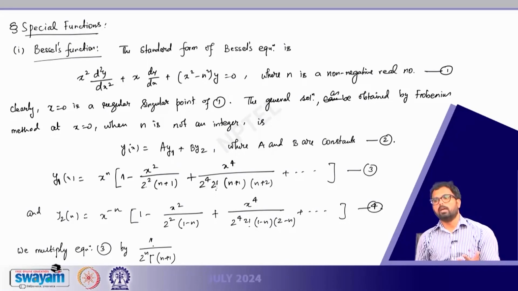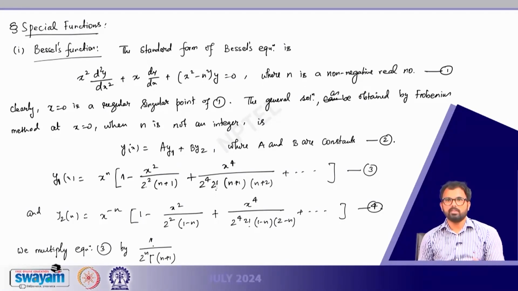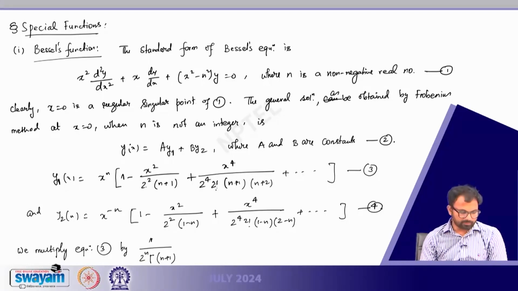From beta and gamma functions, that is the convergence of the improper integral, you must have known gamma(n plus 1). It has a particular form, integral from 0 to infinity of x to the power n e to the power minus x dx. That is the same gamma function that we are using here. So, 1 by 2 to the power n gamma(n plus 1)